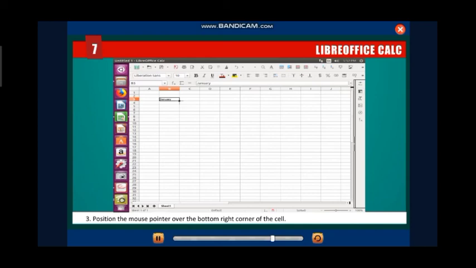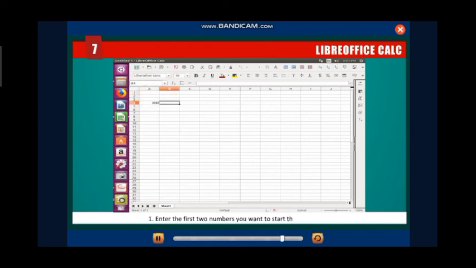Position the mouse pointer over the bottom right corner of the cell. The mouse pointer changes to this sign you can see. Now drag the mouse pointer over the cells you want to include in the series. See, the cell displays the text series automatically. It is now from January to December. If Kelsey cannot determine the text, it will copy the text in the first cell to all the cells you have selected. To deselect the cells, you have to click anywhere in any of the cells.